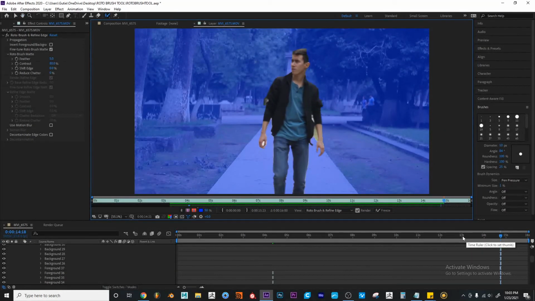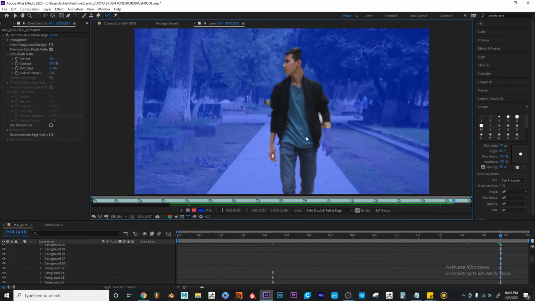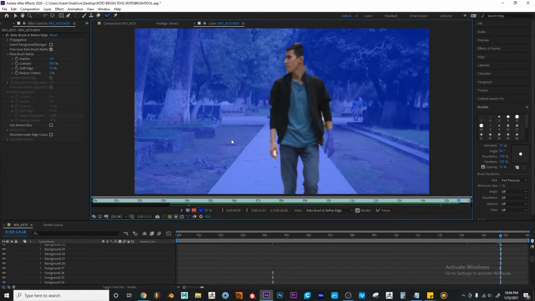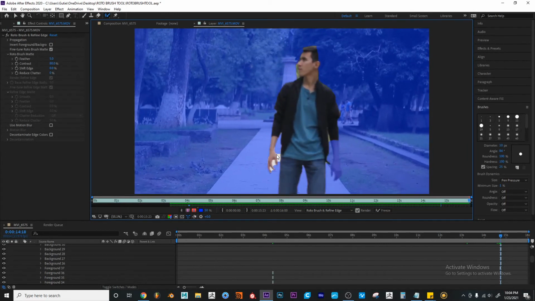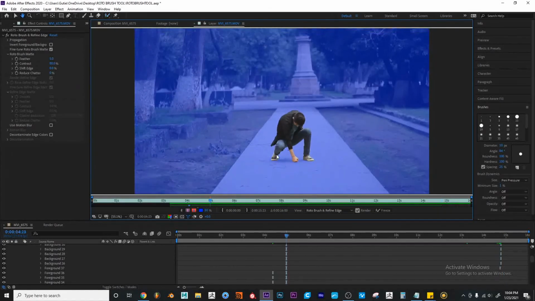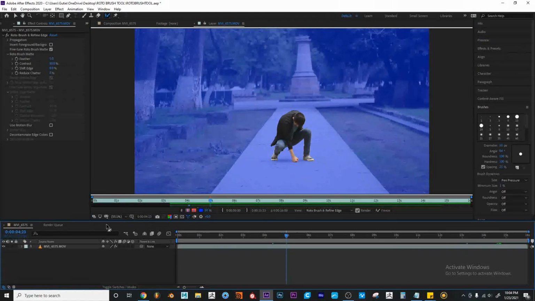So this one not so much, but this part down here, and okay, so we have something so far,